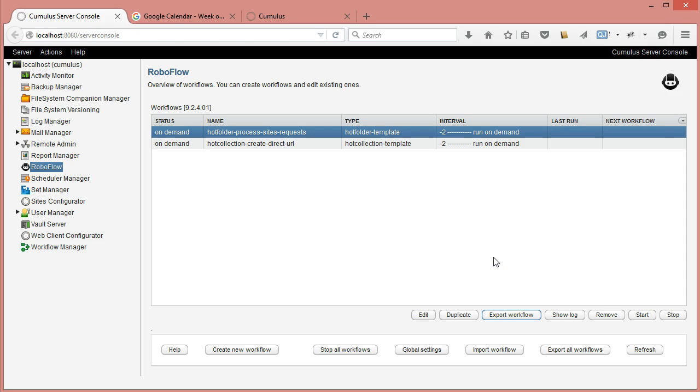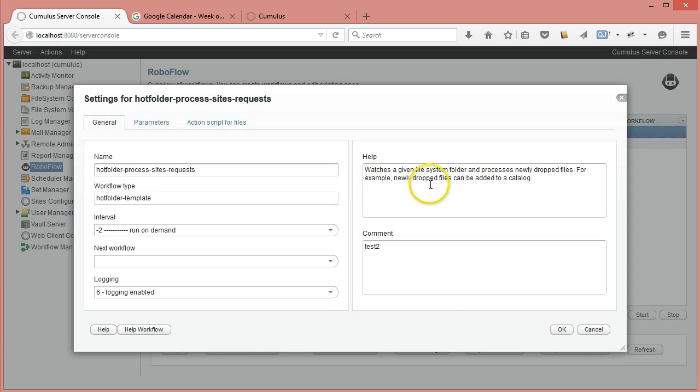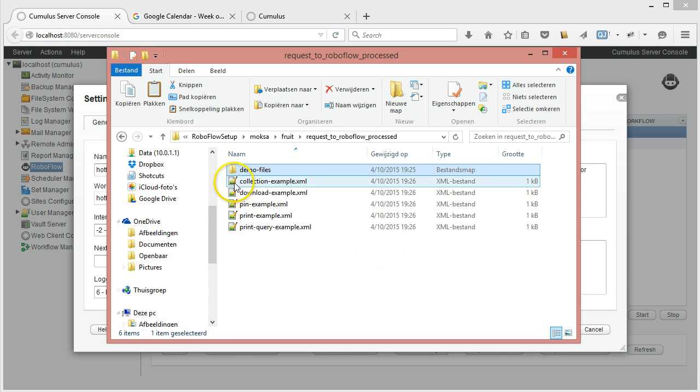Today the focus will be how to start processes in Roboflow triggered by an external tool or an external functionality. I created a workflow called hotfolder process, in this case sites requests, but it could be any requests coming from anywhere. The basic idea is that this workflow is looking into a folder and expecting to receive an XML file. I have here a couple of examples